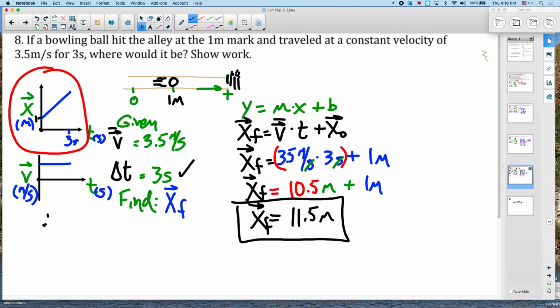after this process there. Anyway, in review, for each of the problems, we drew a picture of the situation, defined the system, labeled where 0 meters were and which direction is positive, sketched out a position versus time graph and a velocity versus time graph. We've included values when we knew them. Sometimes one graph will help more than the other. The velocity versus time graphs tend to help more than the position versus time graphs do. We list our given information, including both the values and units and what they represent. Find the final position. In this case, we have to come up with an equation that has final position in it, with considering